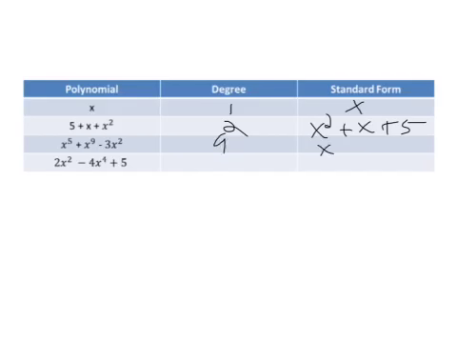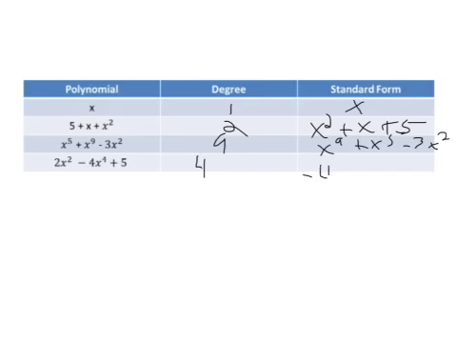That means that the x to the 9th would come first. My next highest exponent is 5, so I put the plus x to the 5th. And then my last is the x squared, so you keep the negative 3x squared in the last spot. Then last, 2x squared minus 4x to the 4th plus 5. My biggest exponent would be 4, so my degree is 4. The highest exponent is 4, and it has a negative in front of it, so that means it is